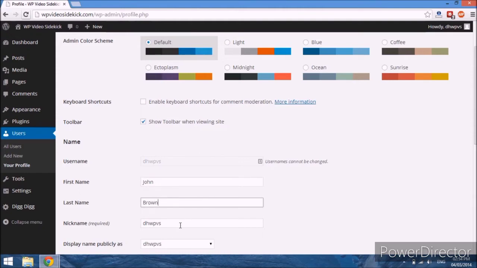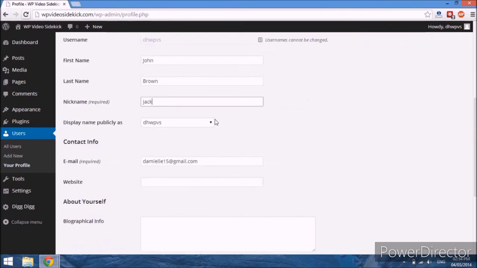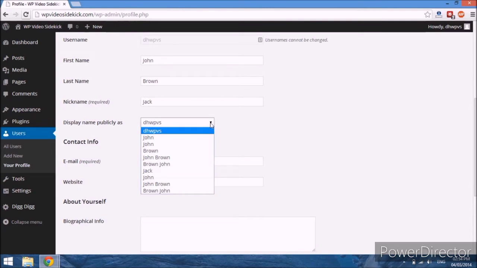So if I put my name there, and then I can create a nickname, Johnny, or I can put Jack, and then I'll have the option to display a name publicly that may be separate or different or a shortened version of my full name. So for example, I could put Jack for my posts and pages, or I could put my full name, John